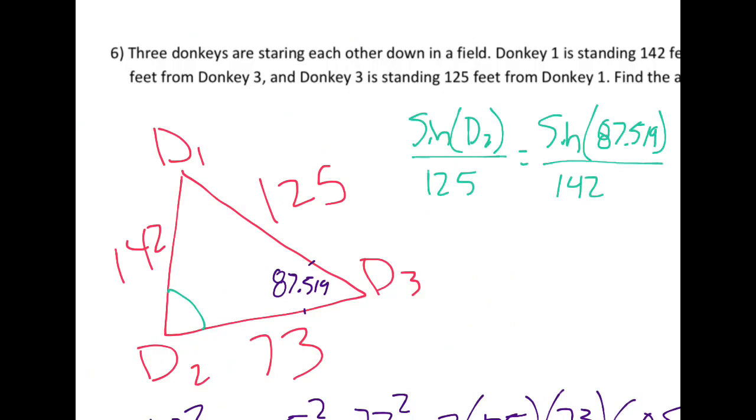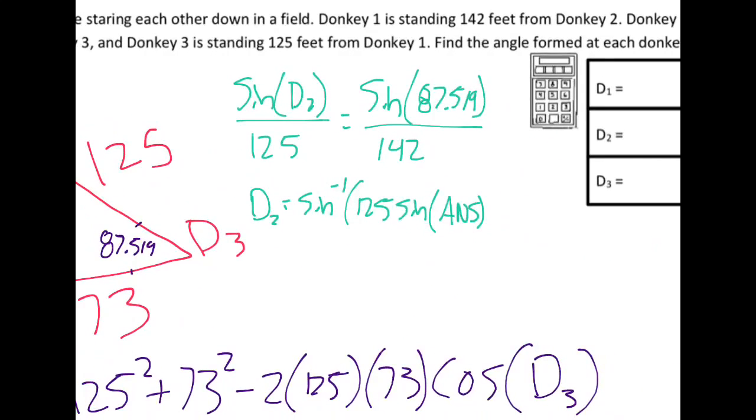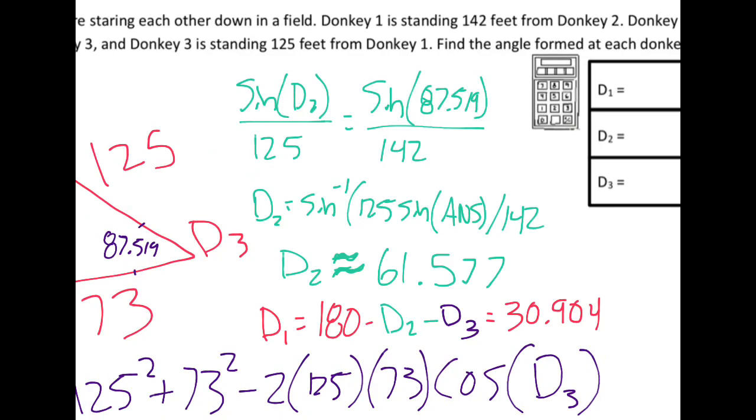So that means that D2 will equal the inverse sine of 125 times the sine of, I'm going to again do second answer to make this exact, close that parenthesis just once, then divide it by 142, hit enter, and you should find that D2 equals